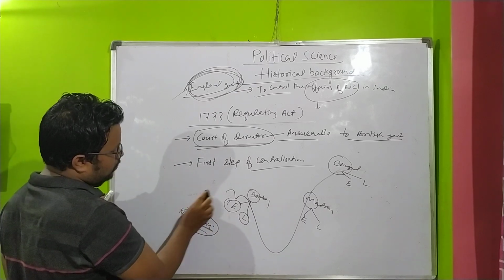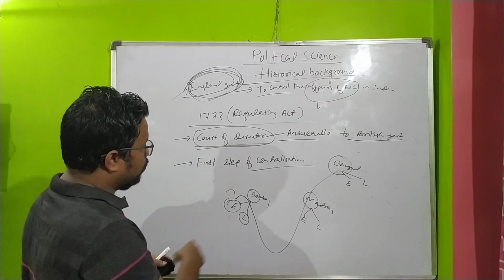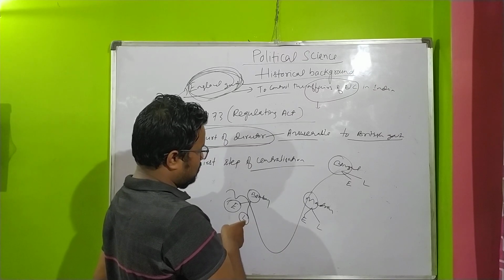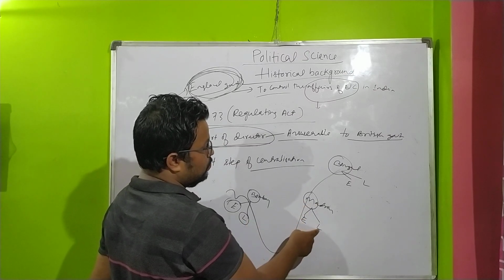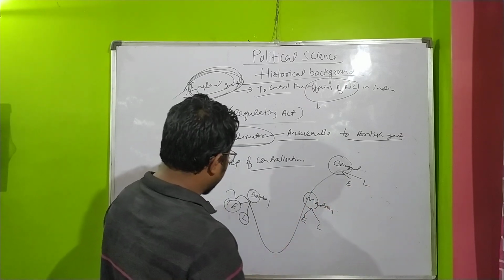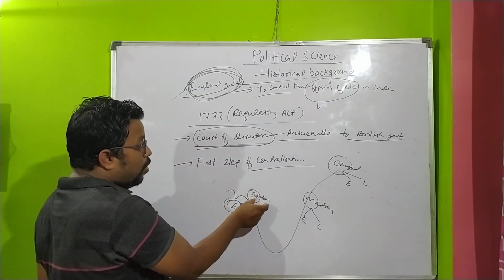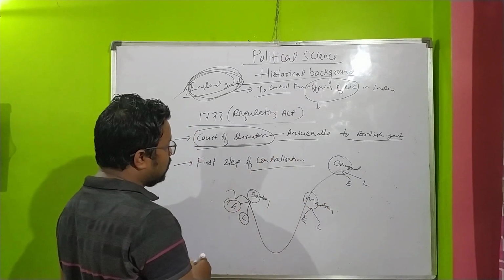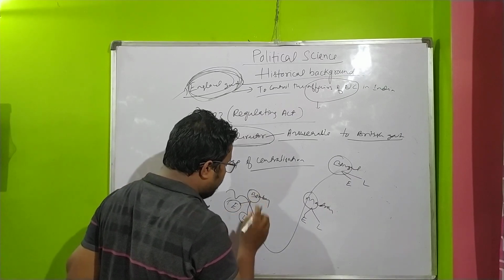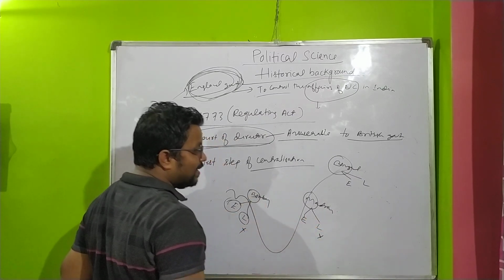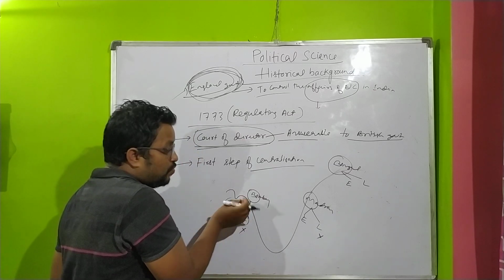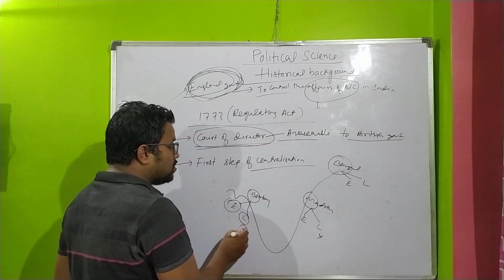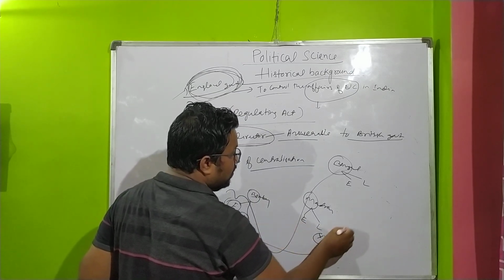So let us go back to this topic. The Bombay presidency also has an executive and legislative body. Madras also has an executive and legislative body. So what happens? A few legislative powers of Bombay and Madras have been curtailed. This is the first step of centralization. I am saying a few, not all legislative powers. A few legislative powers of Bombay and Madras have been curtailed, and these legislative powers have been given to the Governor